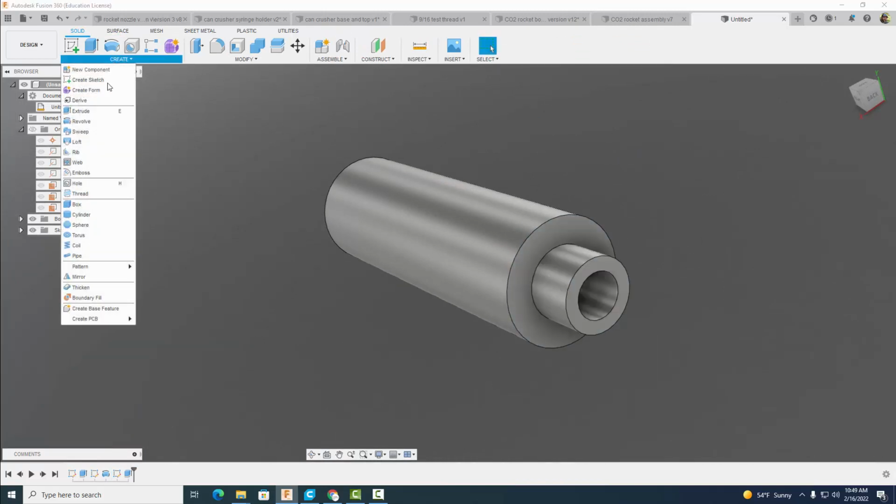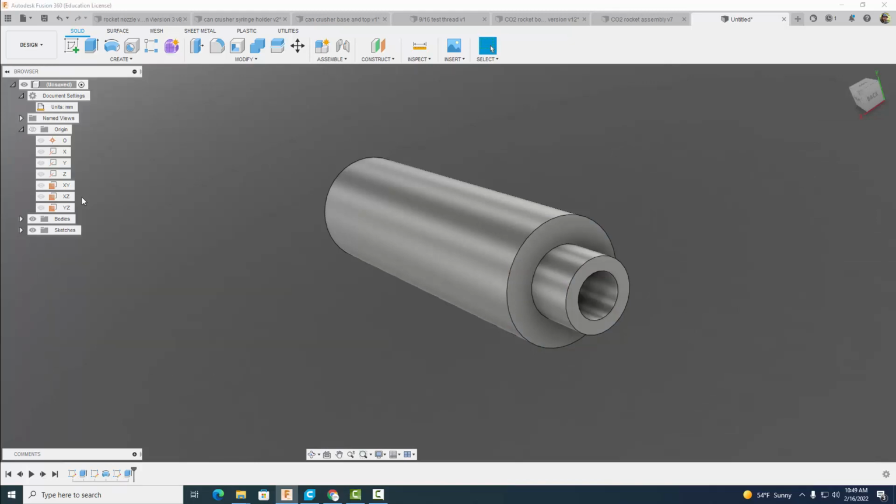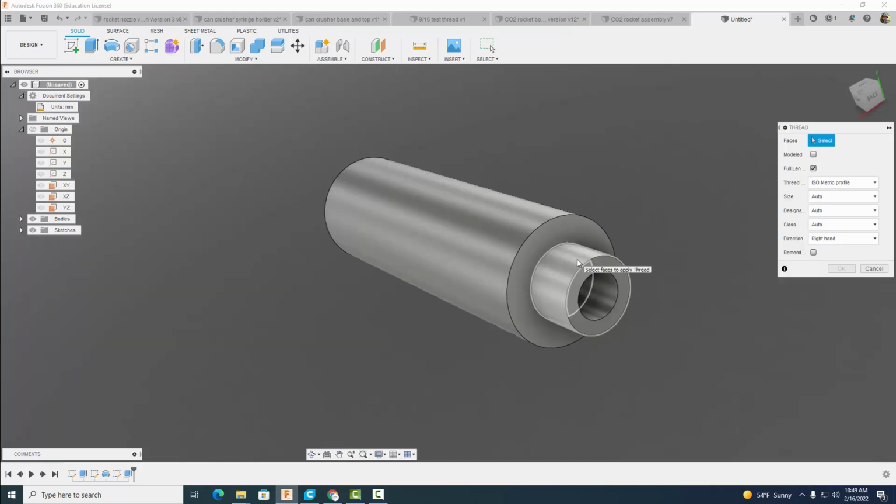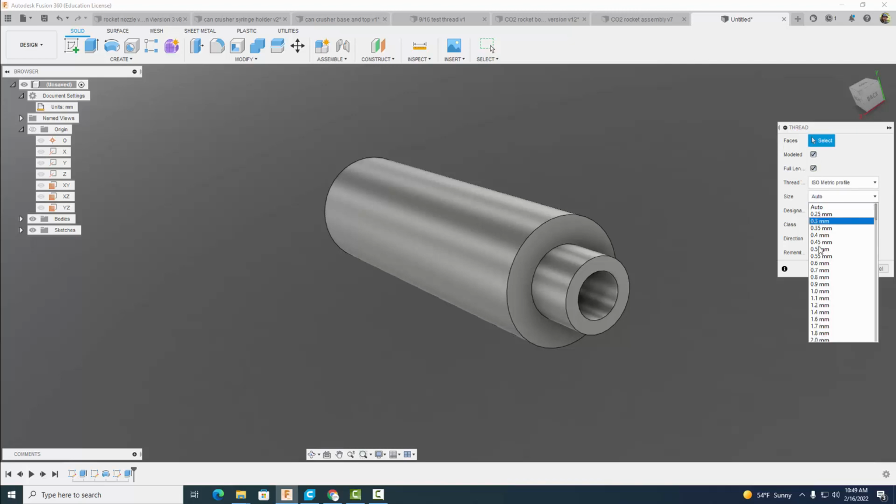Okay, then we're going to come to create, and we're going to come on down to thread, and we want to make these threads on this portion right here. We want them to be M16 threads. So we're going to come on over here. Let's go to modeled. That's important. Check that box. And we're going to go to size. We're going to come on down to